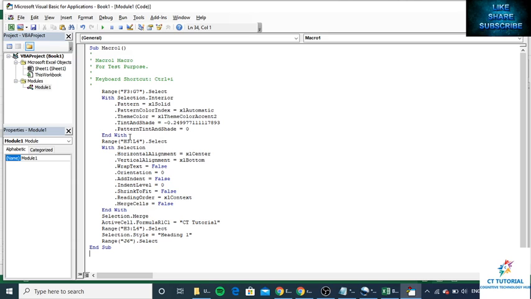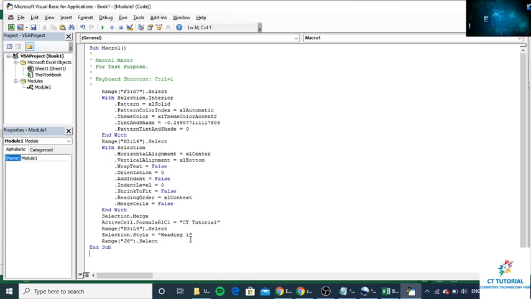So these are the codes, and here I have selected, and after that you can see that I have merged the area, Selection dot Merge, and then I have written here a text, CT tutorial, and then I have selected the heading.